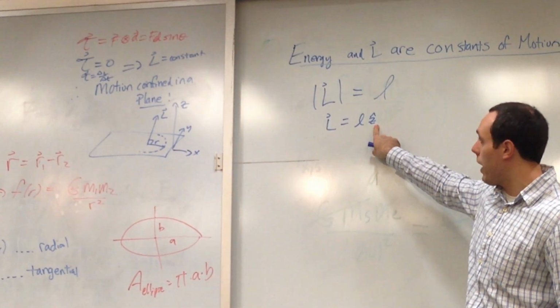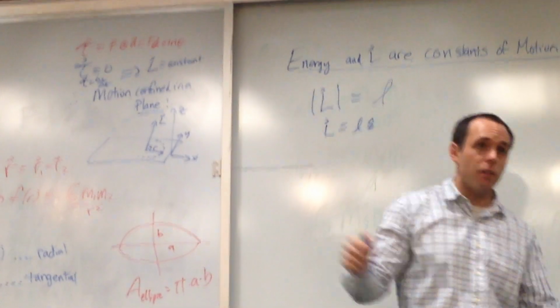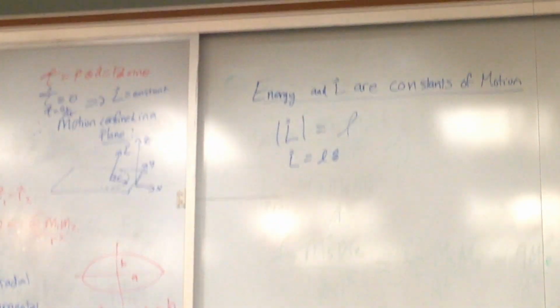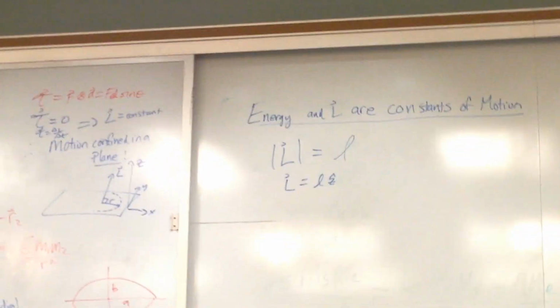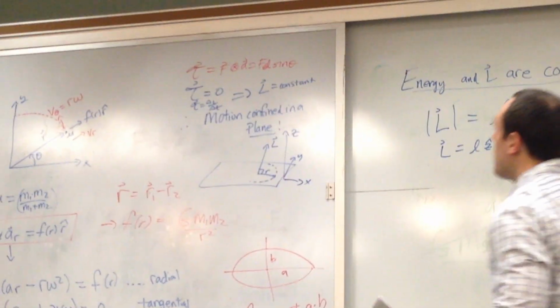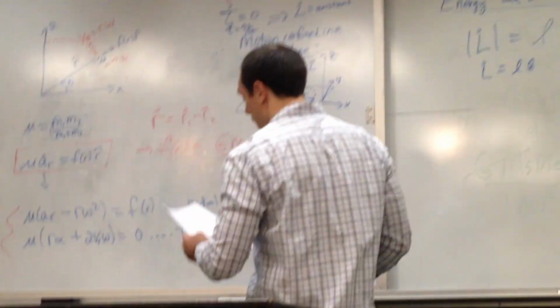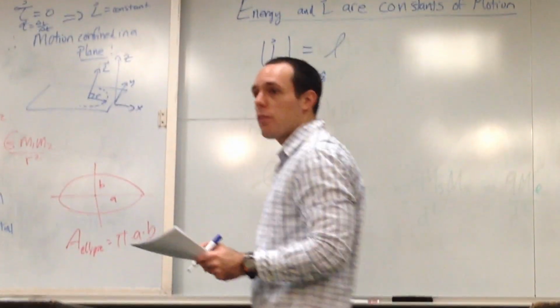This is the magnitude, and this is the direction, if in fact going up here was pointing in the z direction. Doesn't have to be, but I'm just assuming it is. So the magnitude of the angular momentum I'm going to call little l. And I'm going to do that so that we can have a new representation of this. So remember, basically what we saw for angular momentum based upon this equation